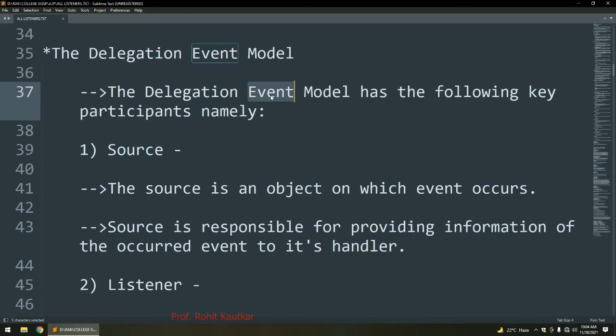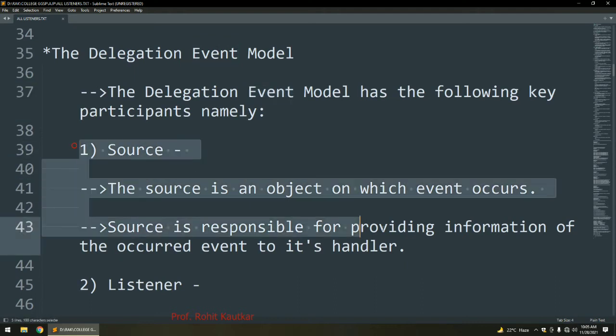All your active components are examples of sources, because they generate certain events whenever the user interacts with them. Whenever an event is generated, the information regarding that event should be given to its handler, and that is the role of the source.